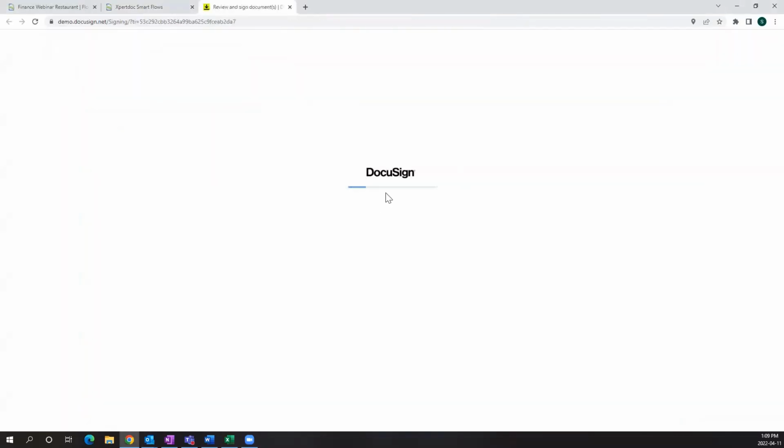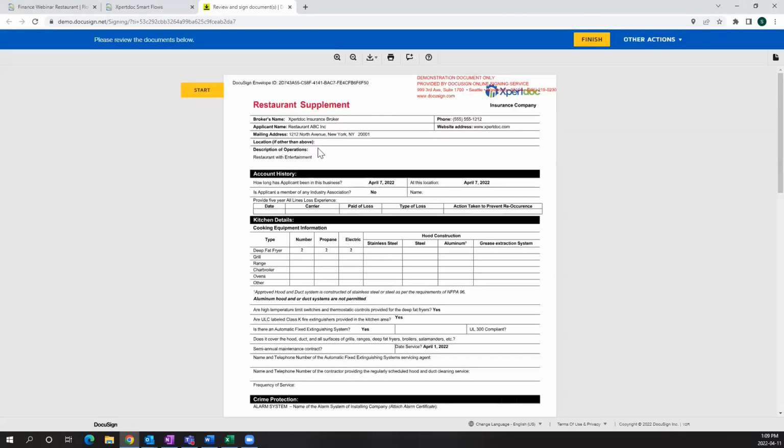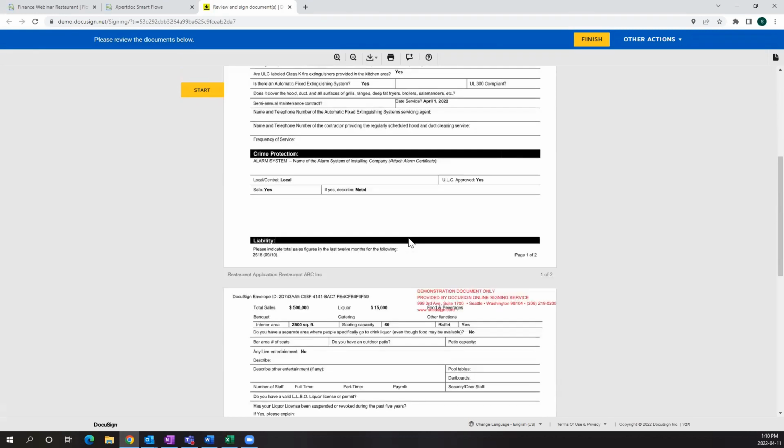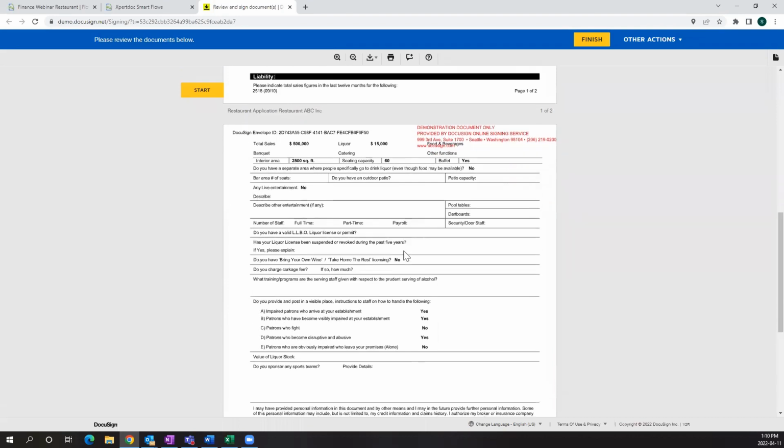And you will see that once we go through DocuSign, we've generated a form for the insurance questionnaire based on all the answers provided from the form prior to that. And all these answers provided on the form can also be used within your application. So you could also get the data from there. It's data capture, so you can bring that back into either your CRM or your own backend system.